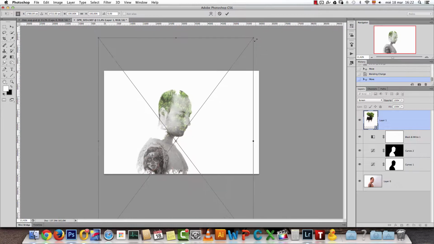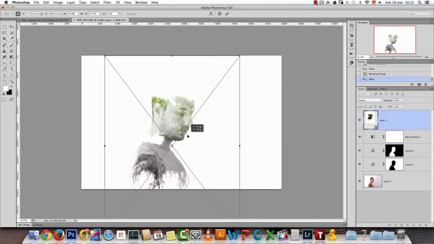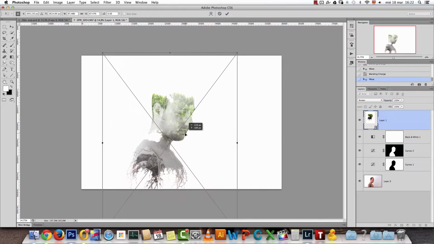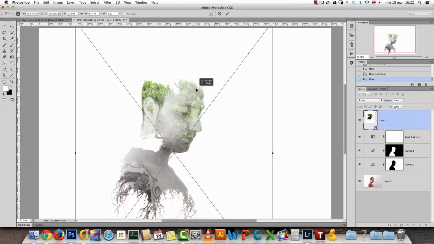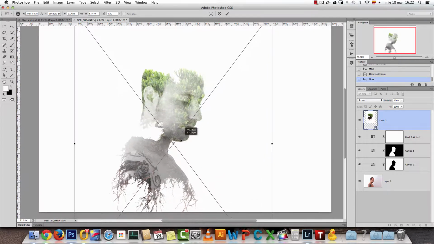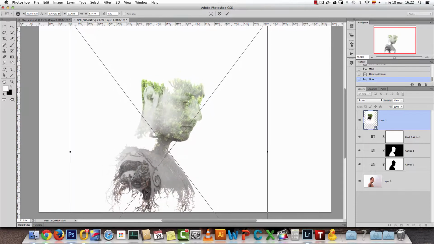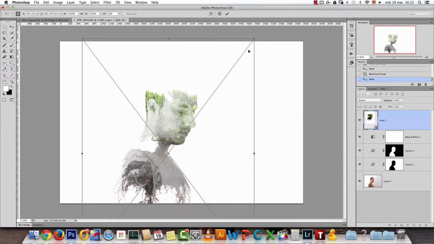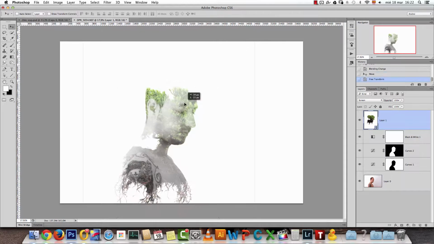I'll press Control Command T because I want to change the size of it, and now you can see that I can cover more part of my portrait. I have these tree branches here, and I want to have these roots, as I said, covering most of my chest and my shoulder area. Okay, and you can see it looks pretty nice. Let me just make it slightly bigger, and that's pretty much how I like it.